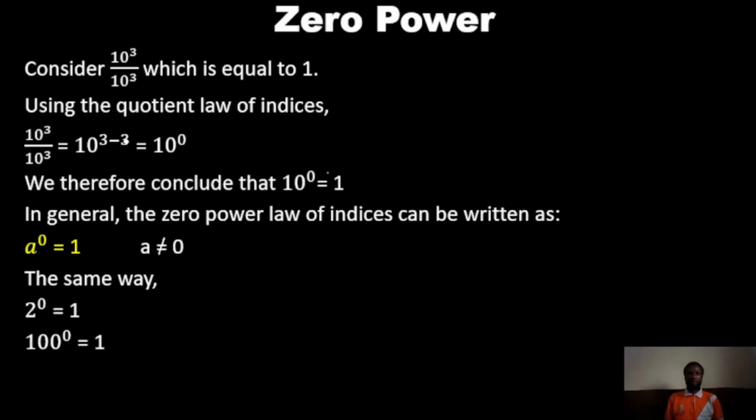But if you use the quotient or division law of indices, remember, when you have the same base being divided, you simply subtract the powers. That is, 10 raised power of 3 divided by 10 raised power of 3 will equal 10 raised power of 3 minus 3, that is, you keep the base and subtract the powers,